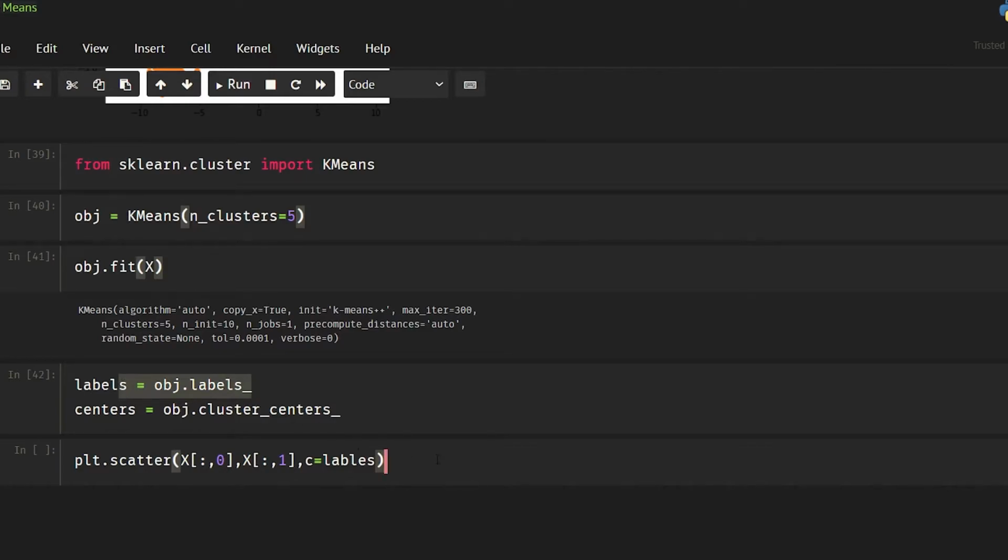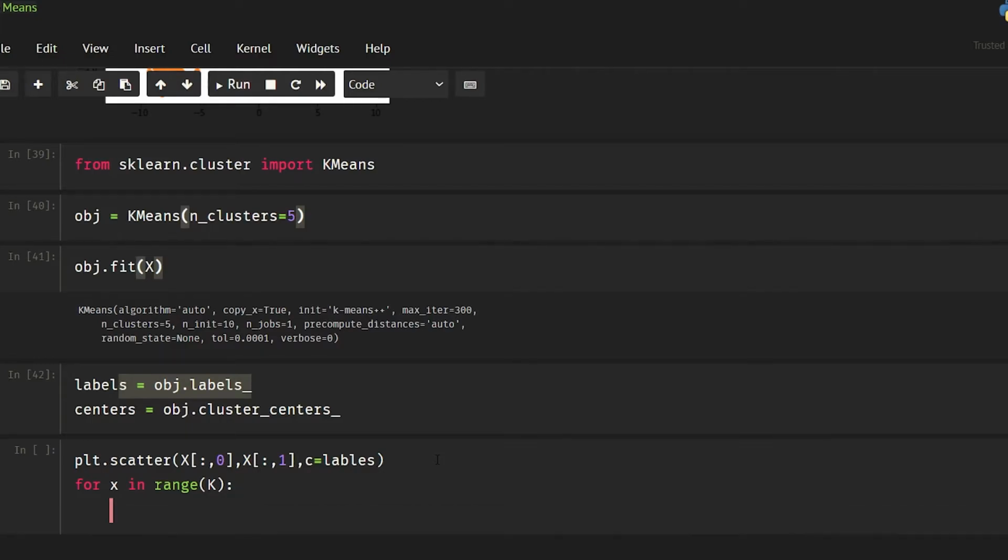So this is the labels, and for x in range k, we are going to plot all the centers that we have.